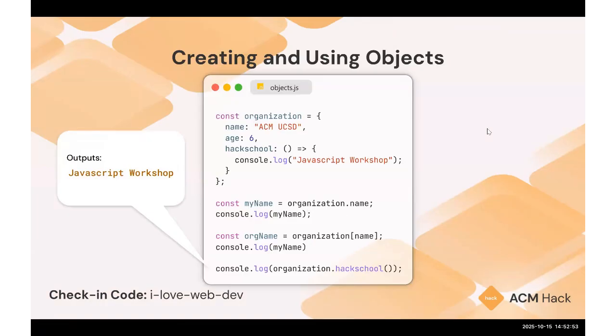Here we have an example of an object, and we'll go over all of the basics of using and accessing properties within an object. First, you'll notice that we defined the object using the constant keyword. Here we're defining the constant organization object, and it holds properties such as name, age, and a method, hackschool. You'll notice that these properties are held within brackets, and the keyword const or constant means that the reference